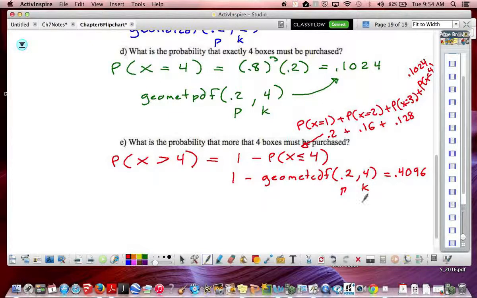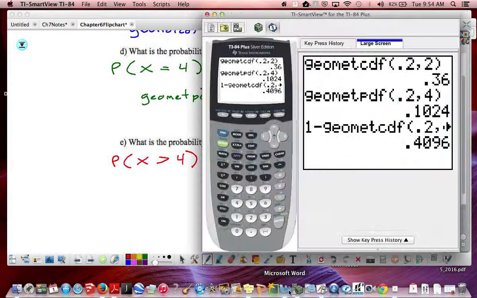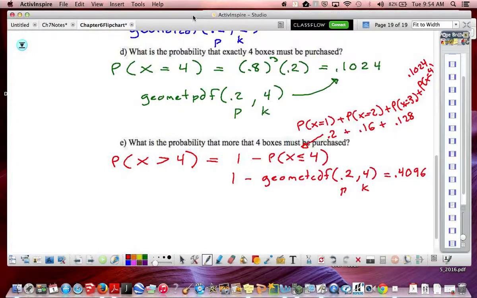Did we do the 1 minus? Did you do 1 minus and then the geometric CDF on the calculator? Yeah. Yes, I did. Yep. All right. So